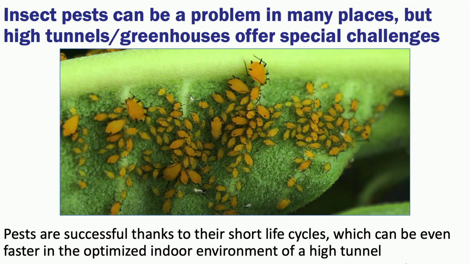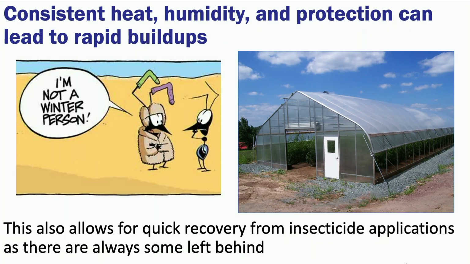It's one of the reasons they are so bad for our crops when they're outside. But when you have optimized conditions inside, perfect heat, perfect humidity, there's nobody there that's going to eat you. They're going to take advantage of that just as well as the plants, and they're going to start taking over and feeding on everything. In terms of why they like it, it is a lot to do with that heat,